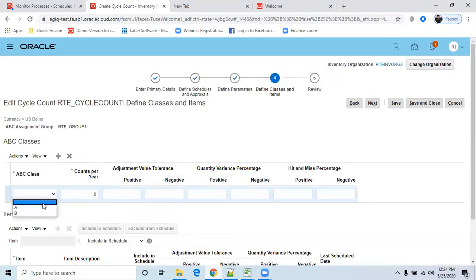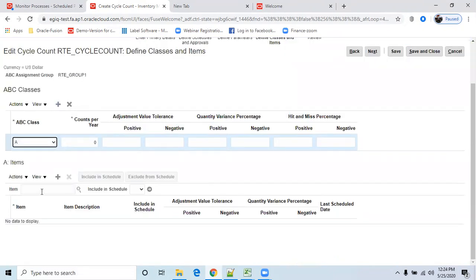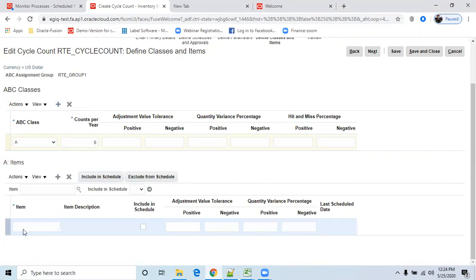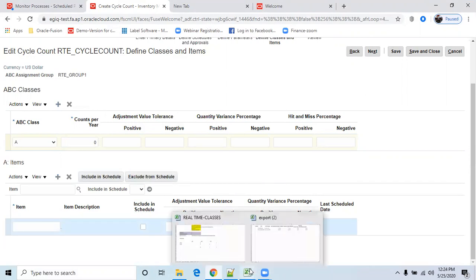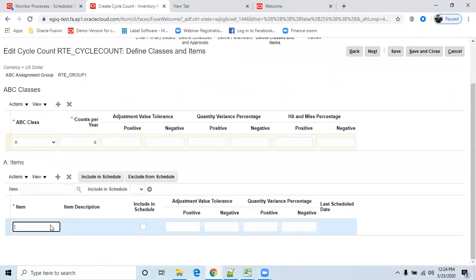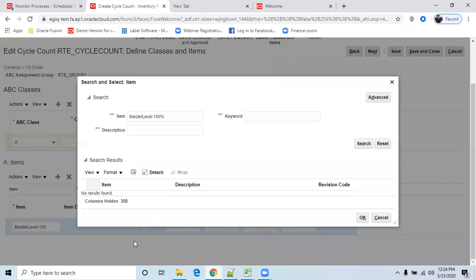Now class A, and in the A, what are the items which you have? Those items we need to provide here. This is the item we kept under class A. Click on search.